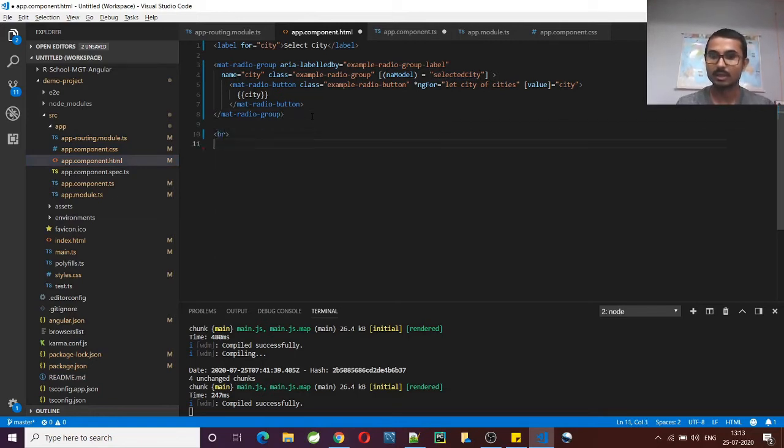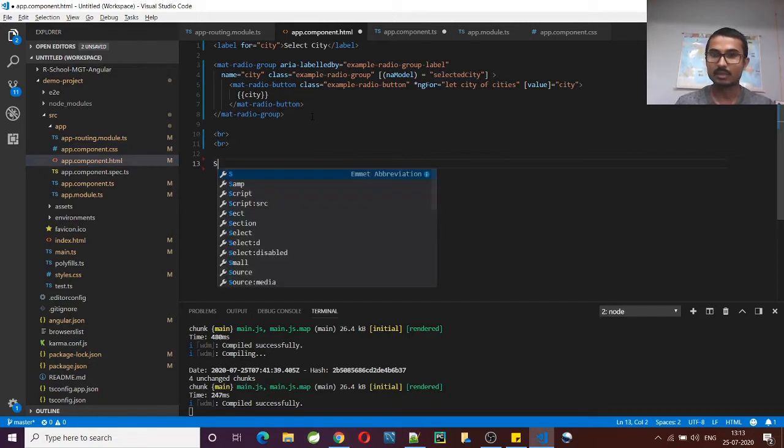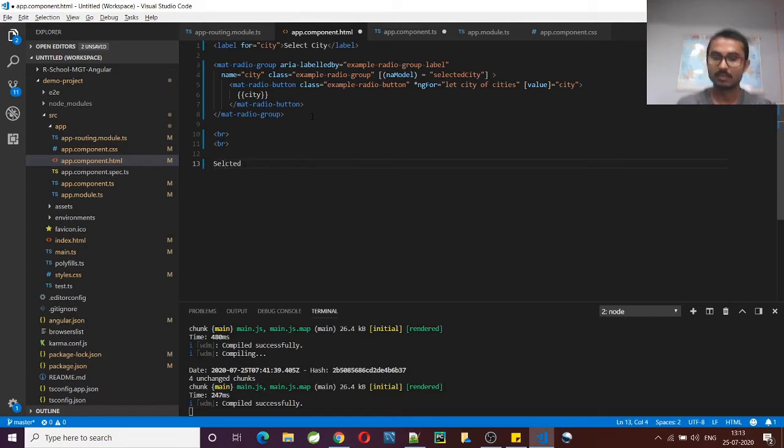For that, here I'll give a label name as selected value, selected city for radio button.